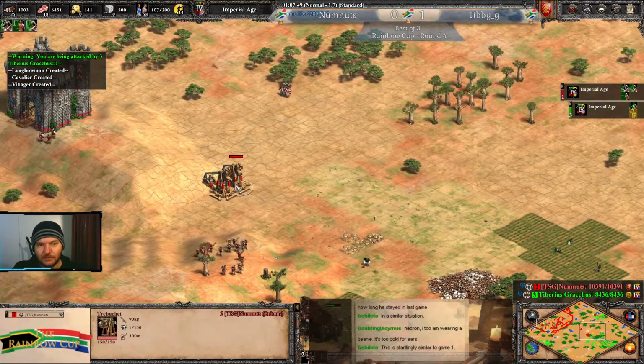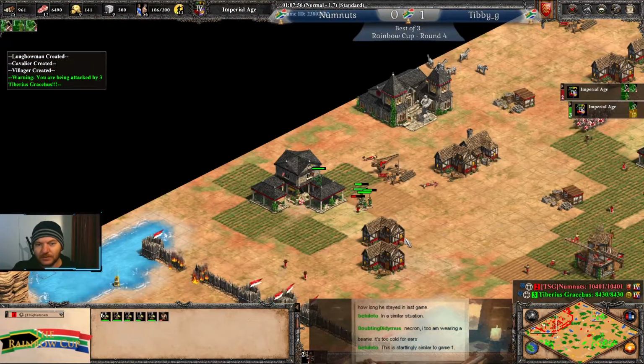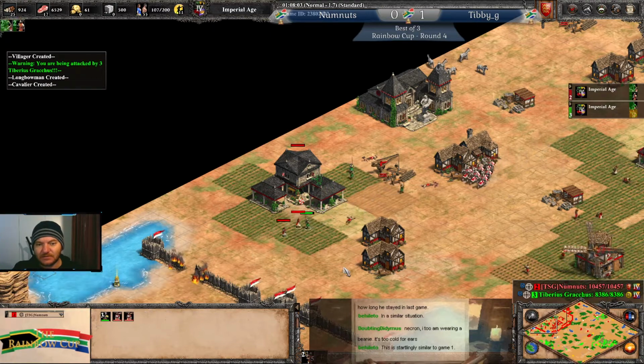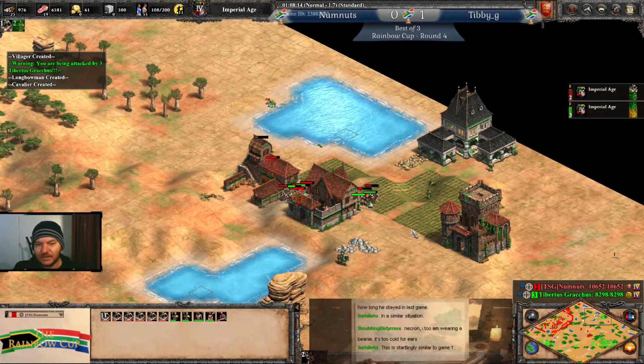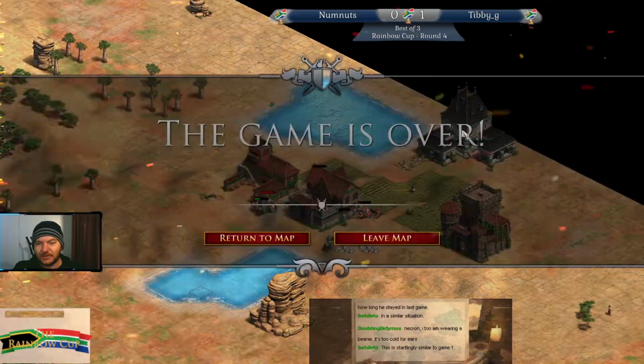Okay, so now Numnuts is starting to actually push. Oh, but the 200 swordsmen are in his base. Does he notice this? Why doesn't he just garrison his... Dude, garrison! Okay, he is sending his cavaliers to deal with it, and he is sending more cavaliers to this side to deal with this little town center, this little pocket of eco that...